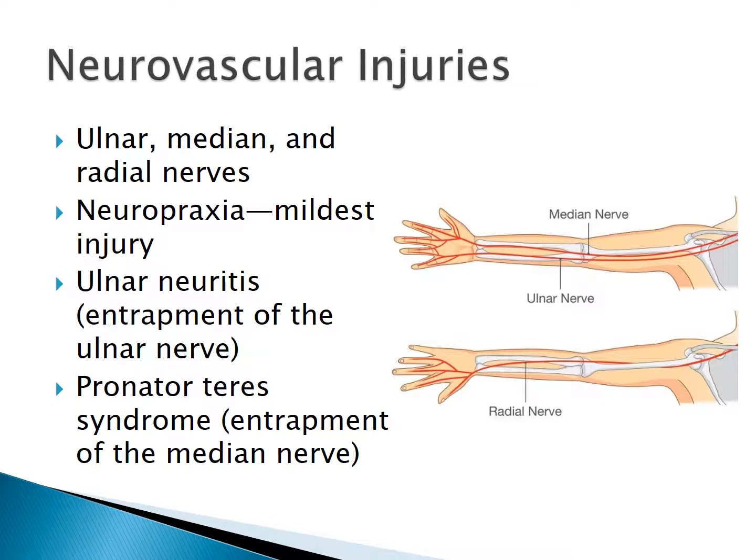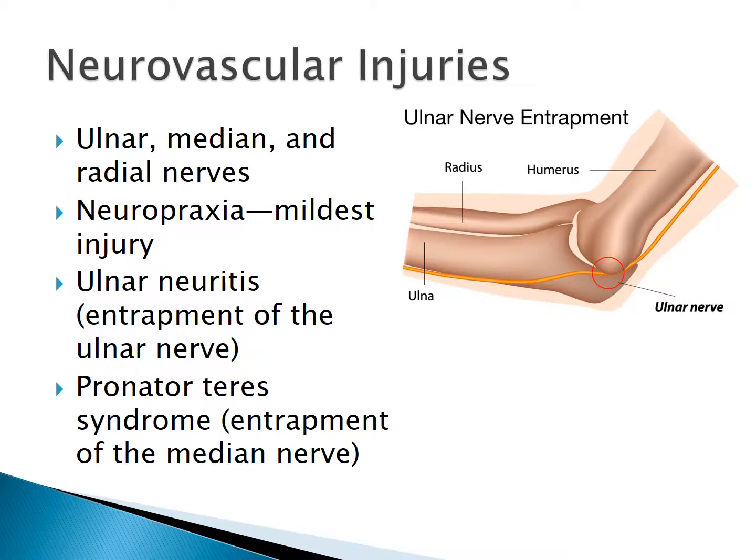Nerve tissue can also be damaged by stretch mechanisms secondary to trauma, like fracture or dislocation. In the event of such trauma, the athletic trainer must assess the function of the associated nerves. Three of the main peripheral nerves of the upper extremity that cross the elbow joint are the ulnar, median, and radial nerves. The ulnar nerve is commonly irritated in conjunction with the injuries that are involved in the medial aspect